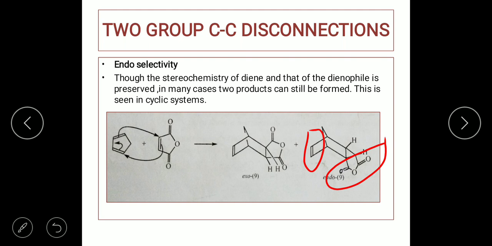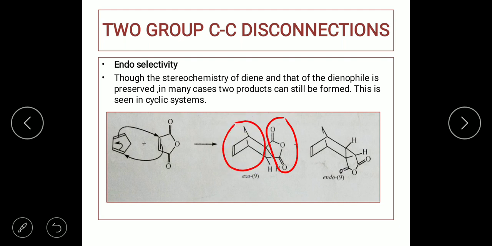Now when you come to the second kind of product, wherein there is an exoselectivity, in the exo isomer obtained, you can see that the functional groups attached to the bridged head are facing away from the bridged head, meaning they are facing above. Or in other words, they are anti isomers, because when you look at the positioning of the alkene double bond and the functional group, they are trans to each other. They are in the opposite direction.